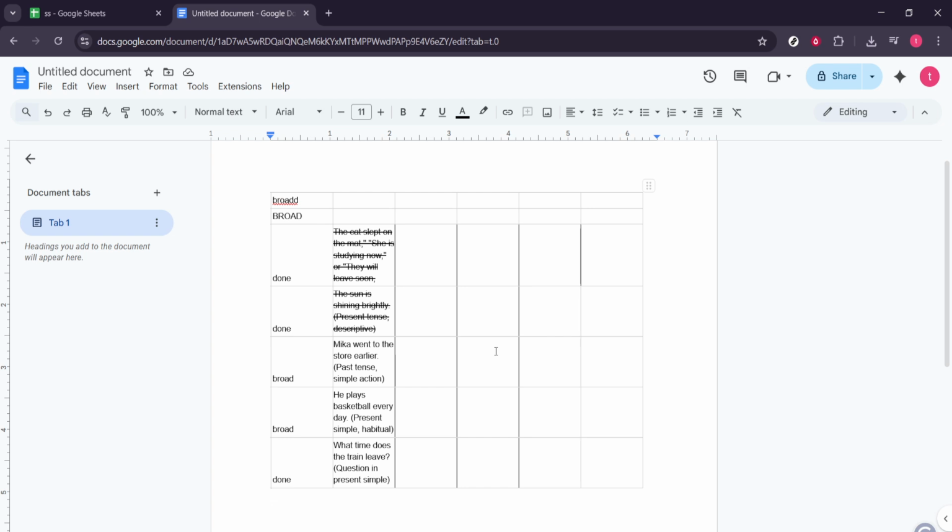That's it. Open your spreadsheet, highlight the cell, copy, switch to your doc, paste, and confirm. You've linked your data in just a few